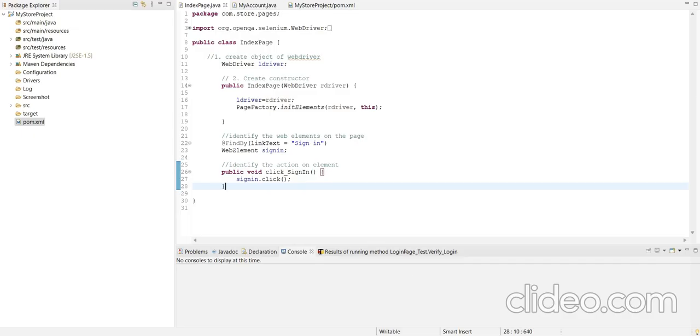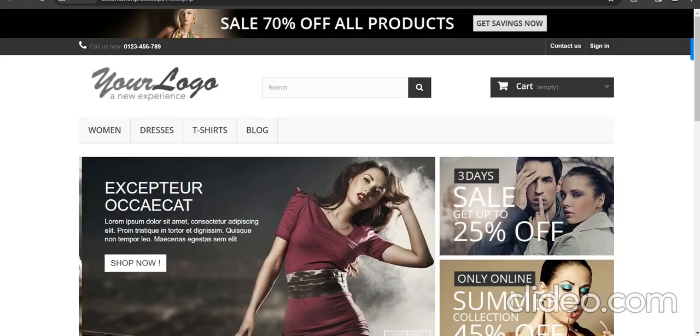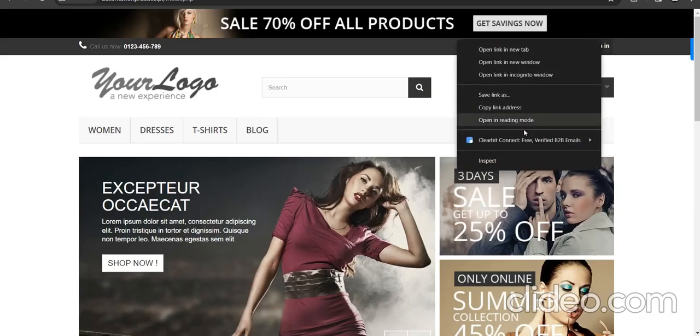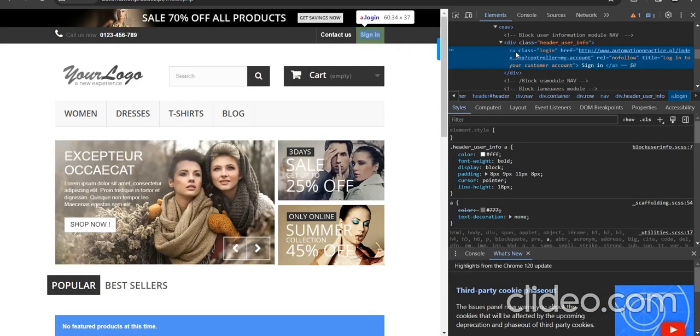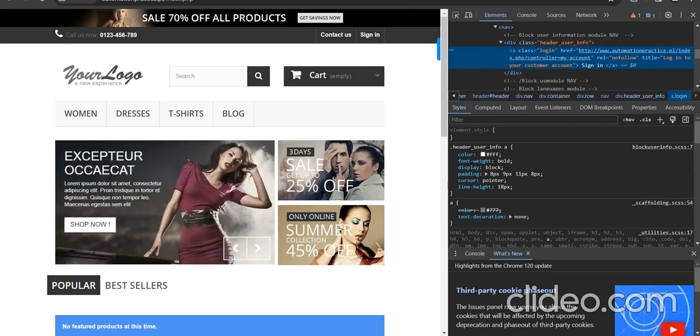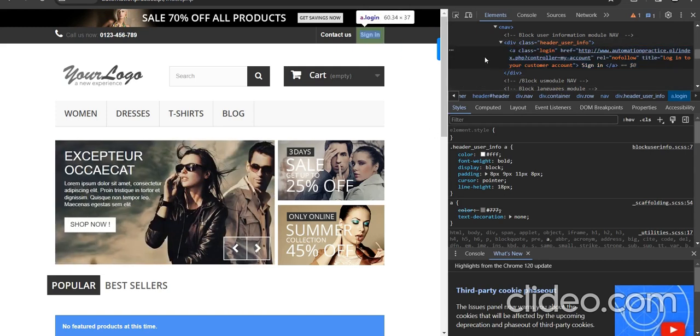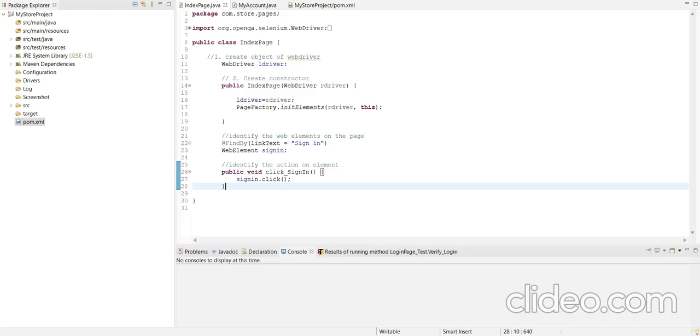Then we locate the sign in button with the help of link text. Link text means that when we inspect that particular button, we get the anchor tag. With the help of this anchor tag, we know that it is a link. So with the help of link text, we locate that sign in button.